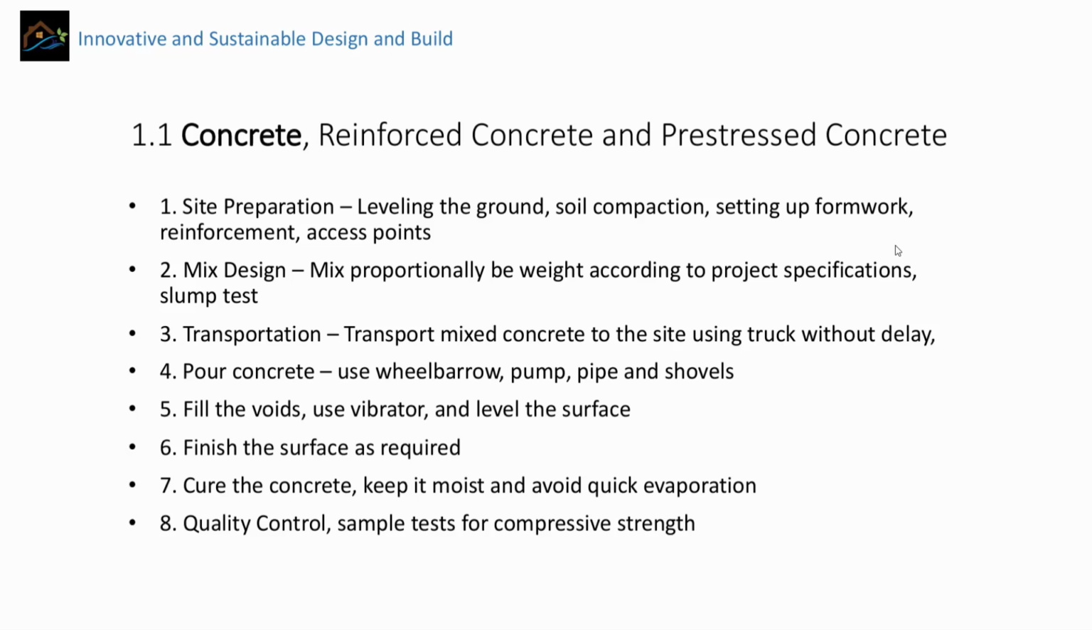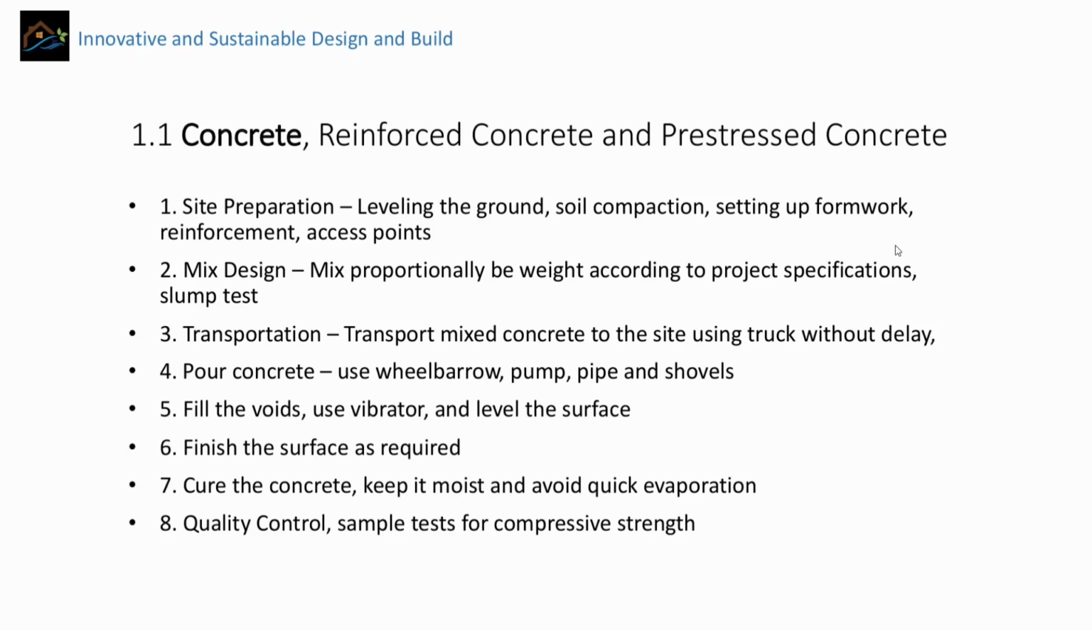First, we need to prepare the forms, and if it is on the ground, we need to level the ground. We need to do soil compaction as well as all the formwork and lay out the reinforcement in the desired lengths, widths, and sizes. We also add access points underneath if there are any pipes or utilities that we need to have passing